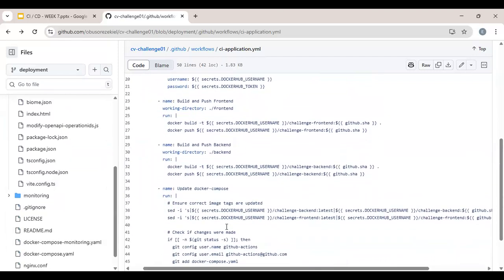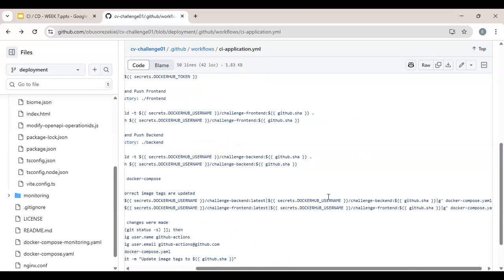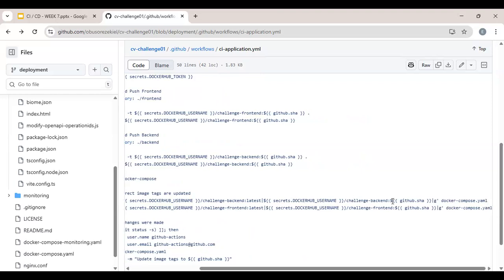Build, push. Now update, you can see the sed Linux command. Ensure image tag. It's going to look for the place where latest is. It's going to look for a line, this first line, where latest is, username/challenge-backend:latest, and then update it with the same username/challenge-backend:GitHub SHA.